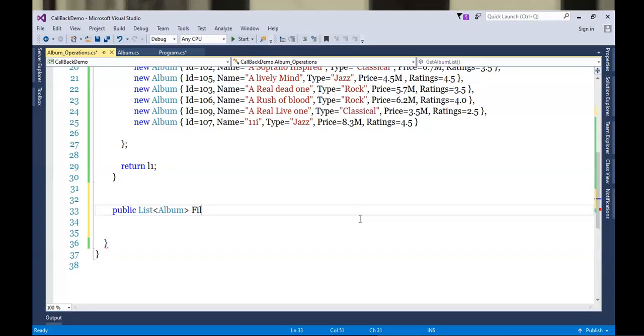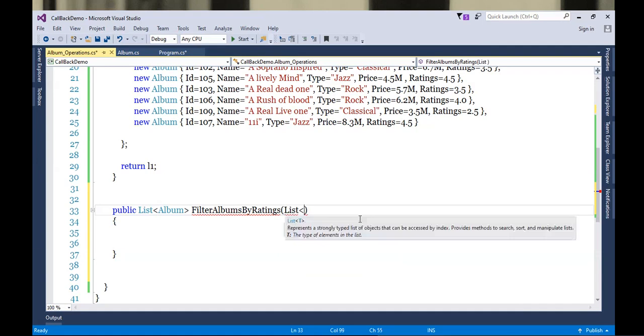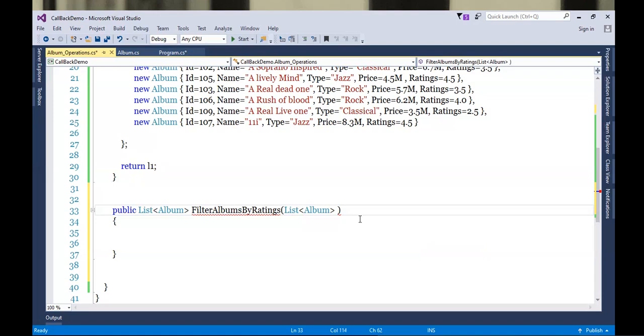Okay, so filter albums by ratings. How many arguments will I be taking here? As usual, to filter, we require a list of albums. So the first argument will be a list. I'll call it albums.